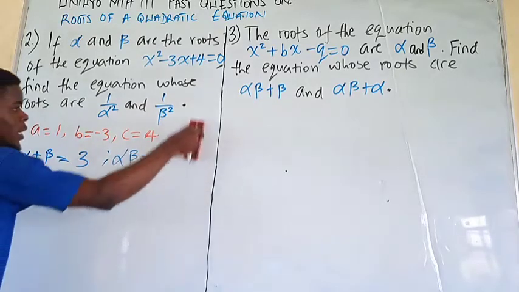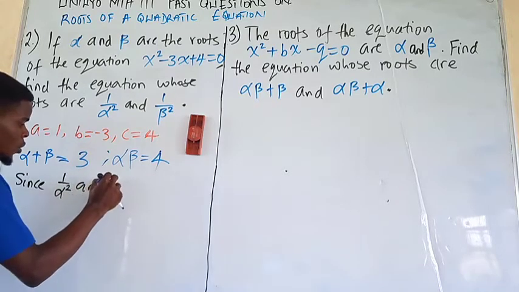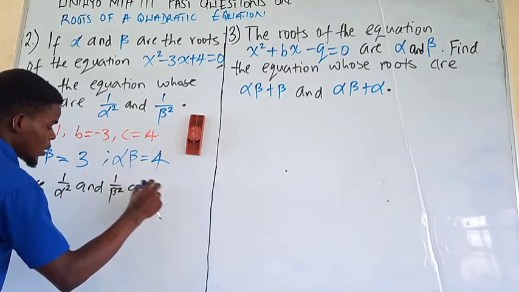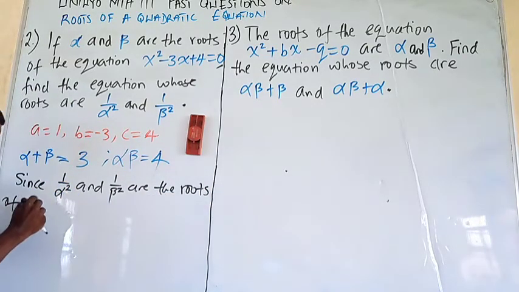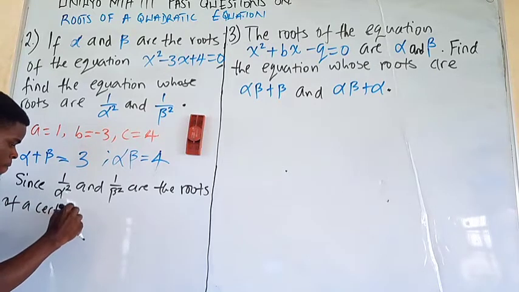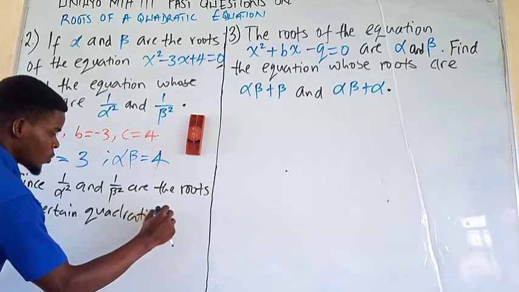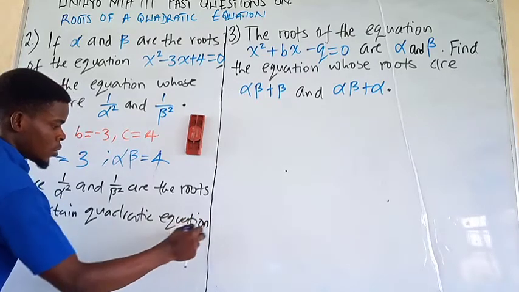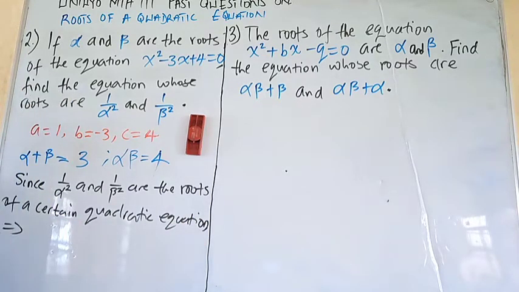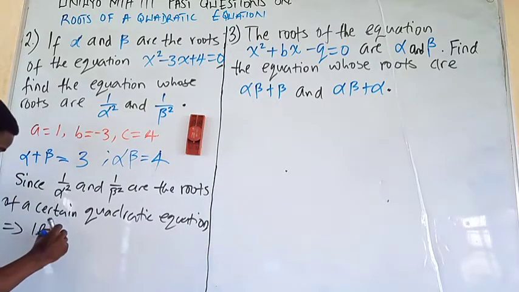So, since 1 over alpha squared and 1 over beta squared are the roots of a certain quadratic equation, it implies that if, let's give a general equation, right? It implies that if x squared